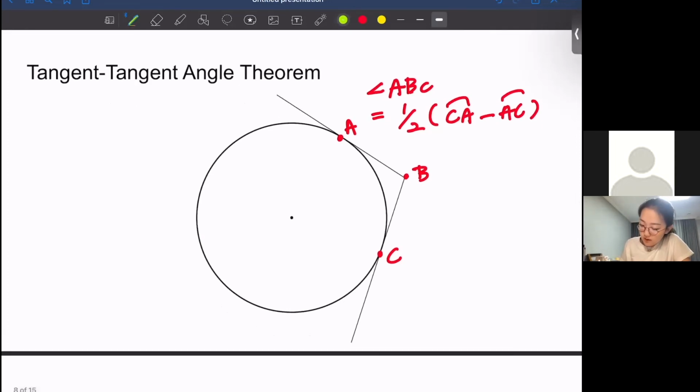So if we say that CA has a measure of, I don't know, like 300, and